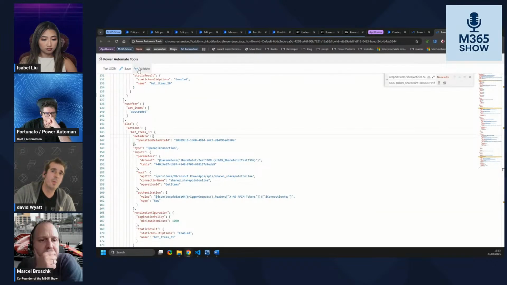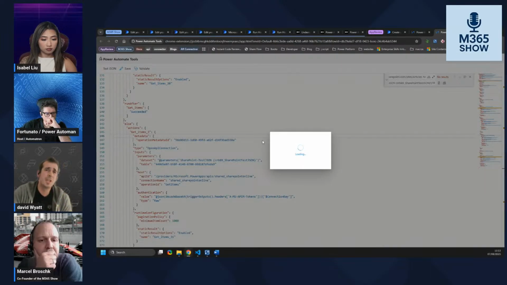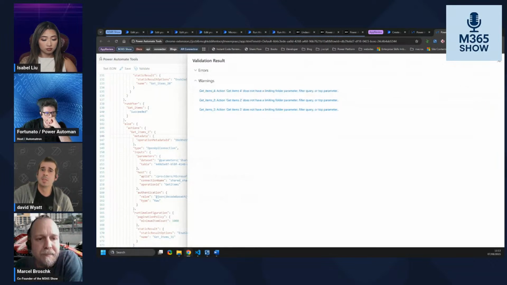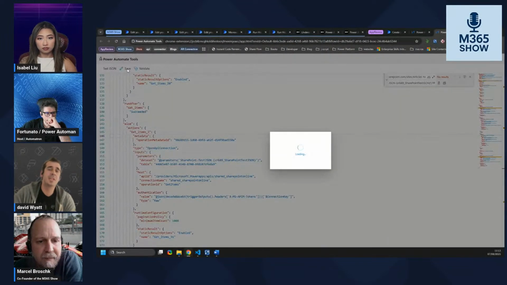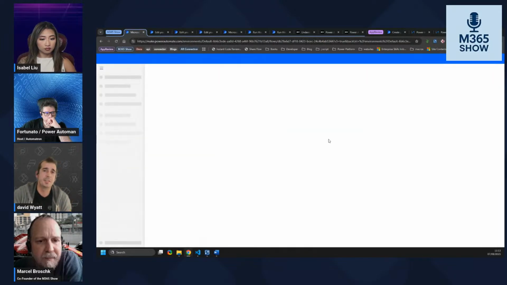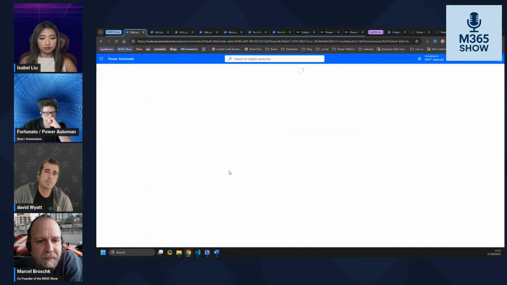And just like we've got there, we've got the validate, just like in Power Automate, checks and gives you the exact same errors and warnings. And we will do the exact same thing when we save and publish it. It will do all the normal checks to make sure your code is working. And that's it now. If you go back over and refresh, you'll see that we've edited the code instantly across on the system. Awesome.